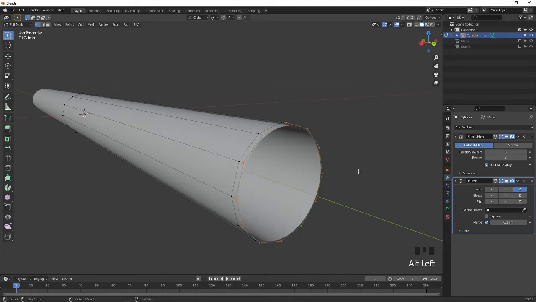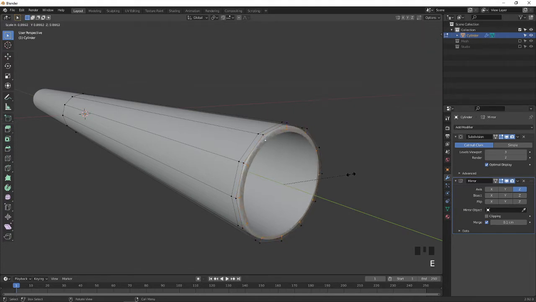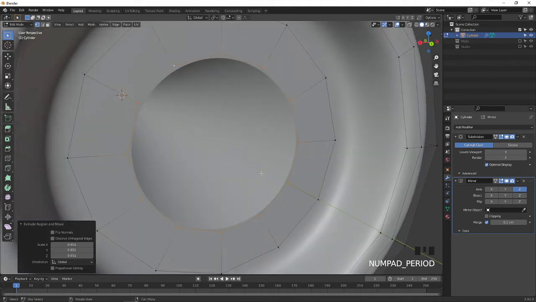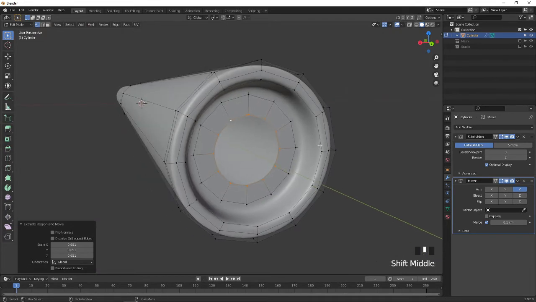Select all the vertices in the corner, press E to extrude, S to scale, scale it down tightly, E to extrude, S to scale, E to extrude in the Y axis, press the Y key to make it go inside, E to extrude, S to scale, and E to extrude, S to scale. Press the period key to zoom in, press E to extrude, S to scale. Now press M on the keyboard and merge at center.